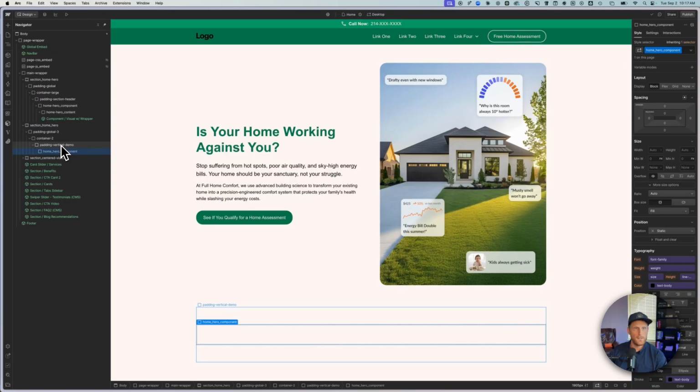A lot of times what I like to do is come up with different sizes. So it might be padding vertical large, padding vertical medium, padding vertical small. So maybe it would be 48 pixels or 64 pixels for the medium, or maybe the large is going to be 96 pixels. That way I have classes that I can just quickly apply to the div blocks as I am working through